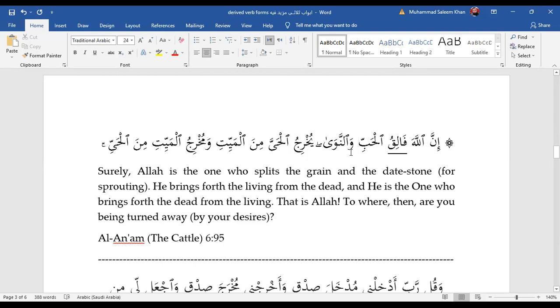Faliqul habbi wa, and so the one that follows it will be ma'tuf. So we will say that it has the same i'rab as the i'rab of al-habb. So this is mansub and this is also mansub. Excellent. So which one is ismu inna and which one is khabaru inna?